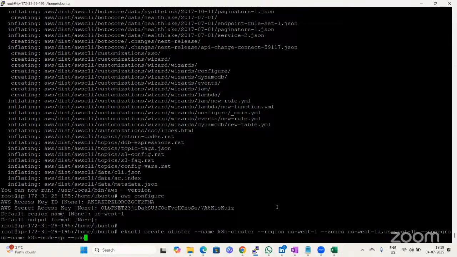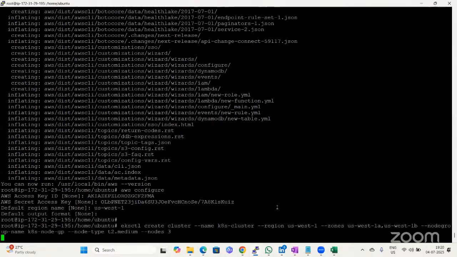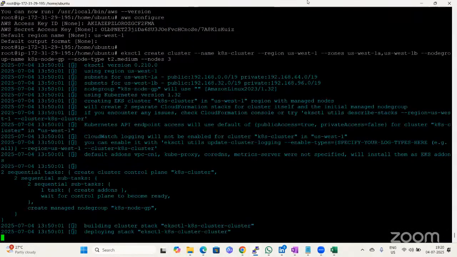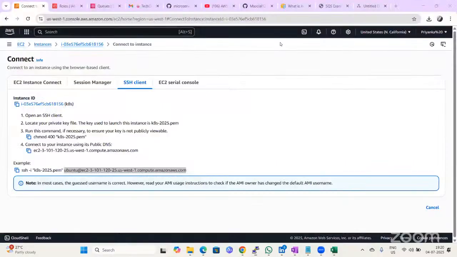Then provide which instance type you want to use for worker nodes. Node type, then t2.medium. Then how many nodes you want? Nodes, I want 3 nodes. Hit enter. So it will create a cluster. It will take time. So meanwhile, let's go for what is meant by